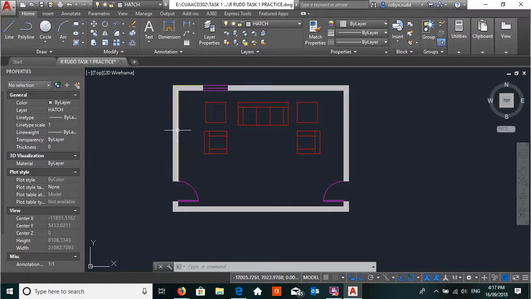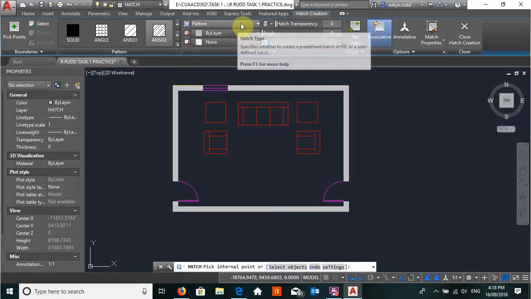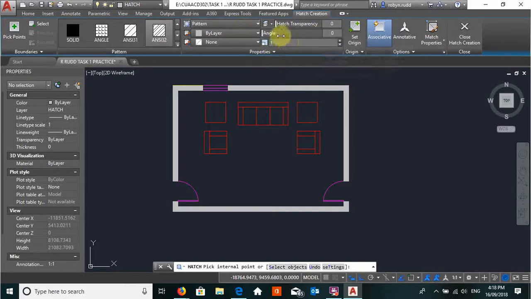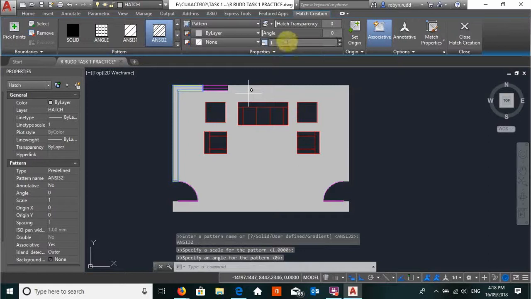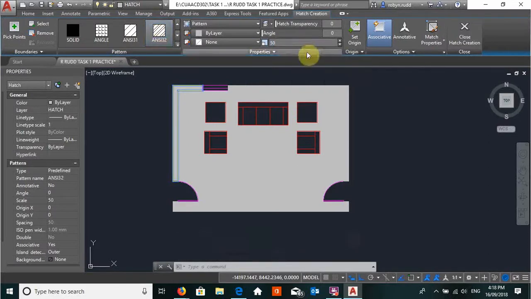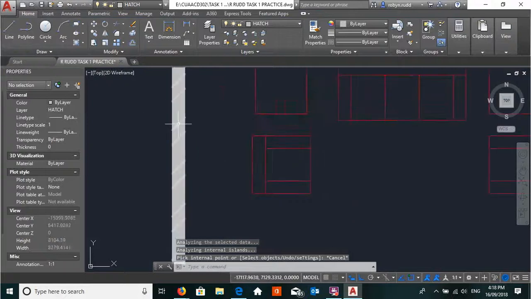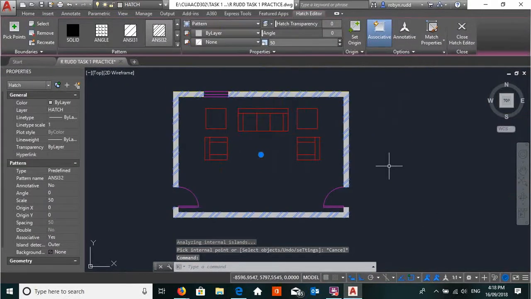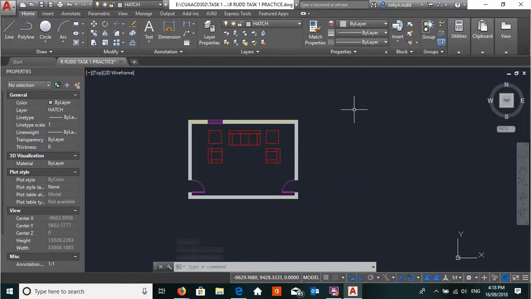The other version of showing a solid wall is we can change that and go into hatch again. We can change the pattern to this one, and we can go pattern and we can angle it, and we can change that to that. Let's just make that an angle of 50, and we can do that. Okay, that's layer of layer. You can also do that if you want, but for now we're just going to keep it solid because that's what it says in our little drawing